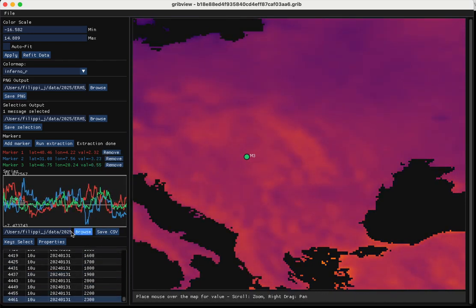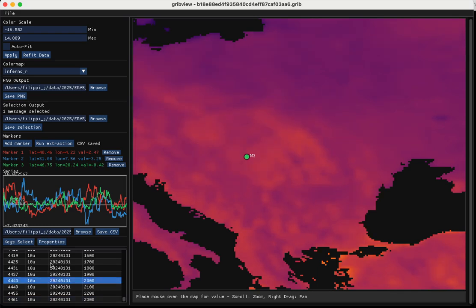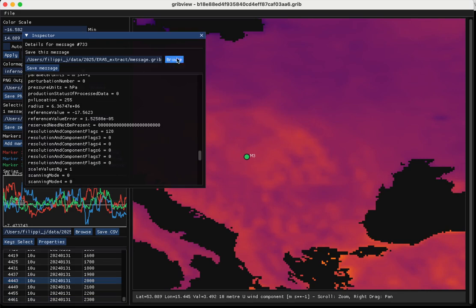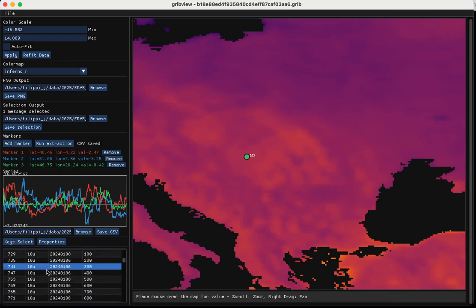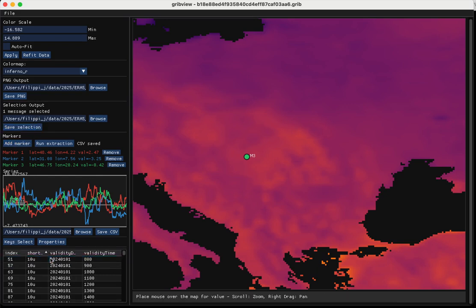What I can do is save the CSV. Here I will save it, or I can browse to a server, and so I have the CSV file extracted from here. On this field, I can see the properties, or I can see it for any field, and I can save the extracted GRIB message, just one message. Now that I have extracted from my big GRIB fields with many different variables, I can also decide to